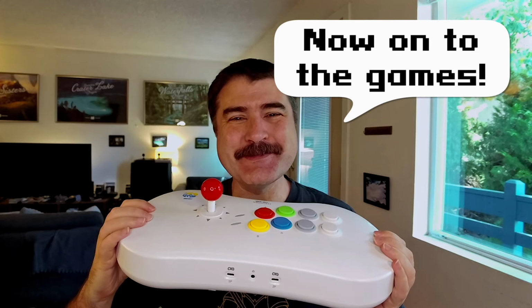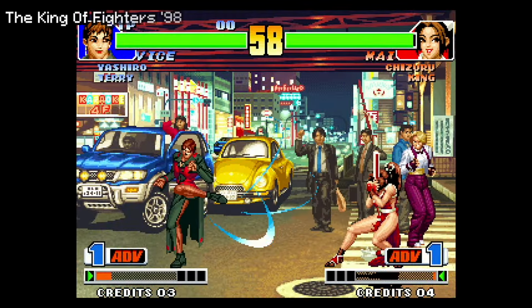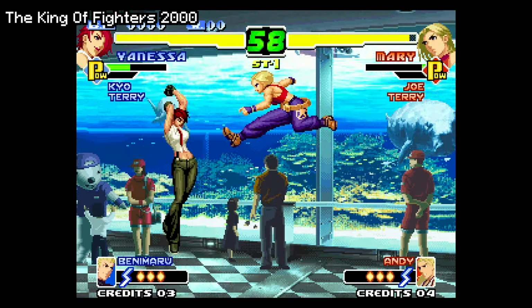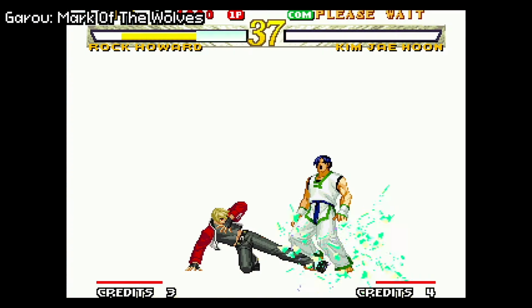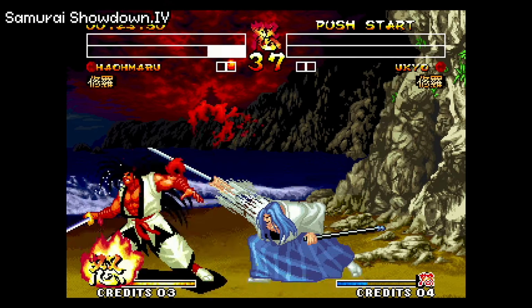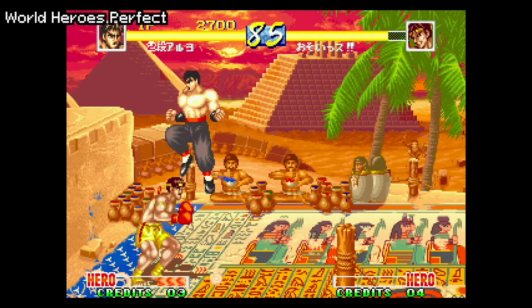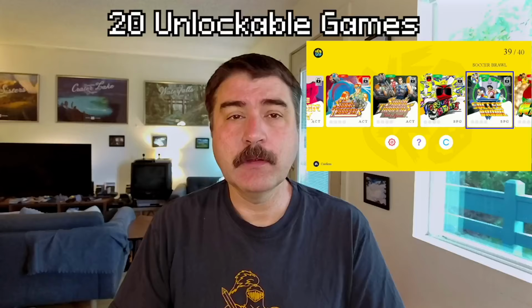Now, on to the games. The King of Fighters 95, The King of Fighters 97, The King of Fighters 98, The King of Fighters 99, The King of Fighters 2000, The King of Fighters 2002, Fatal Fury Special, Fatal Fury 3, Garou Mark of the Wolves, Samurai Showdown 2, Samurai Showdown 3, Samurai Showdown 4, Samurai Showdown 5 Special, Art of Fighting, World Heroes 2, World Heroes 2 Jet, World Heroes Perfect, Ninja Masters, The Last Blade 2, Kizuna Encounter,